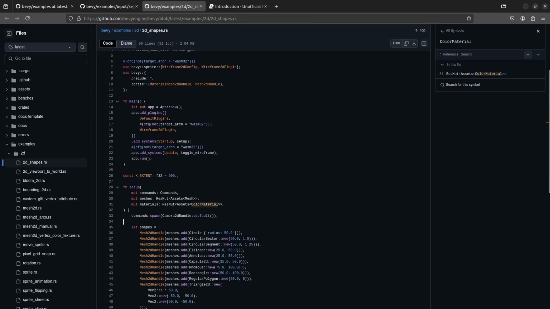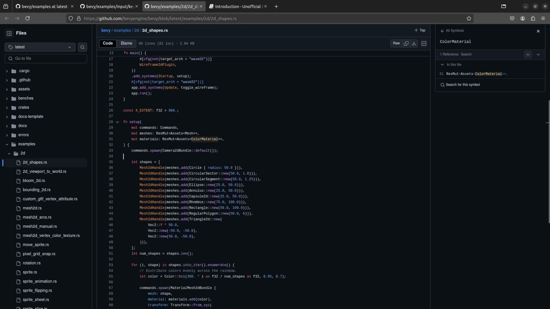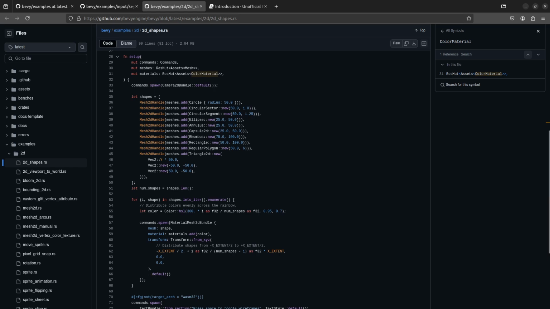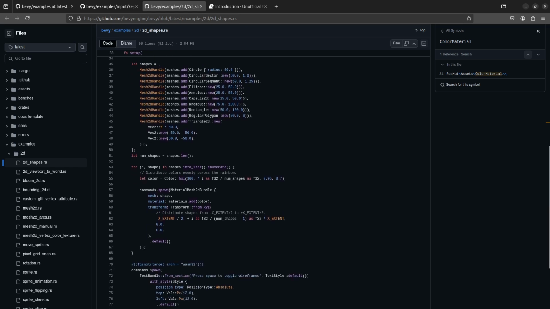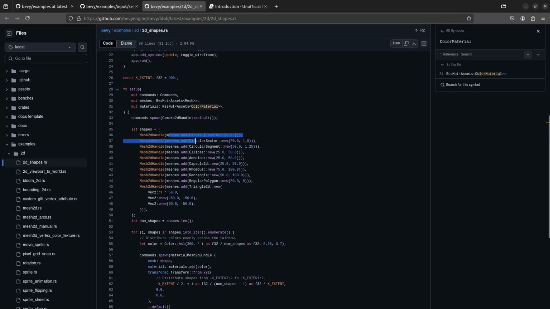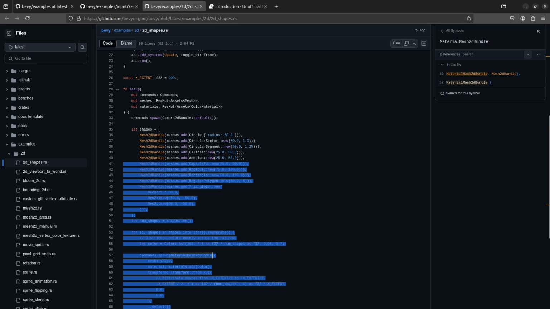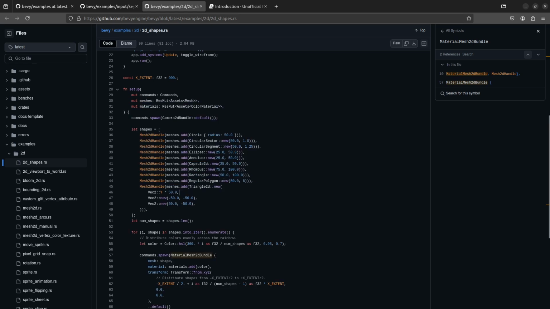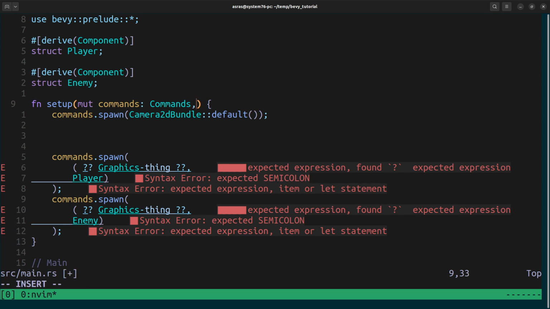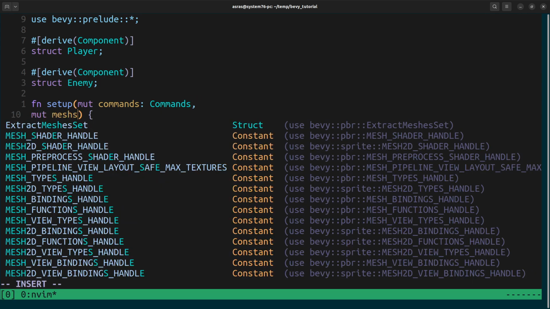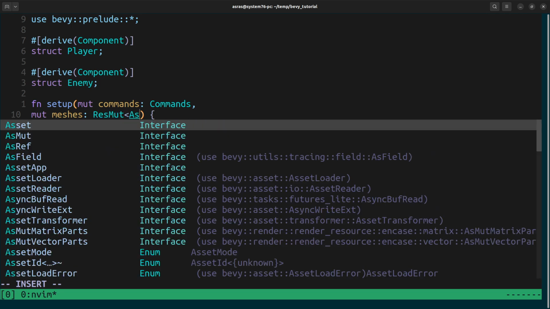And what is next? So they set up these 2D meshes, and they actually just add them directly into the mesh like that. There's this global thing, and then they spawn down here, they loop, and they spawn a material mesh 2D bundle. So let's do something like that. Okay, so beyond this we need the meshes, and that was a mutable resource